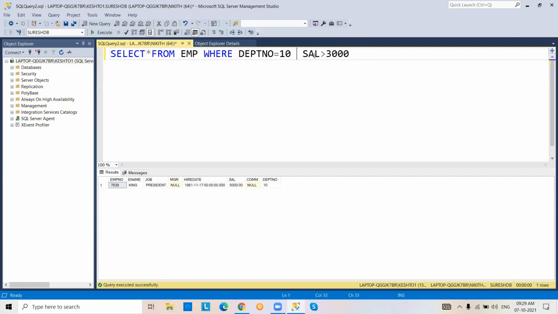Suppose in place of AND operator, I'm going for OR operator. What happens, you know? If any condition is satisfied, then we can get the data. Now see, department number 10 or salary greater than 3,000 is there, right?